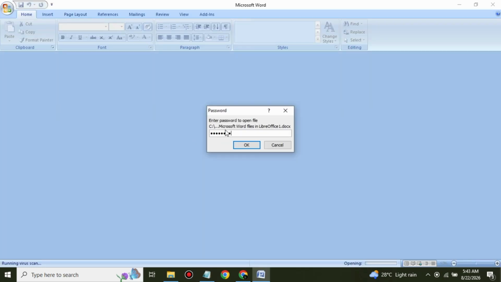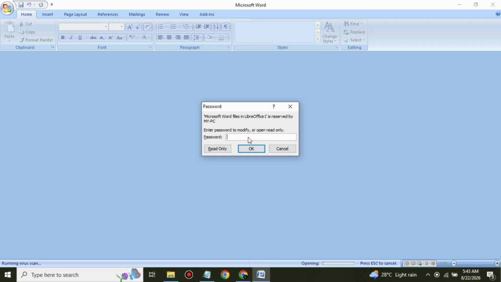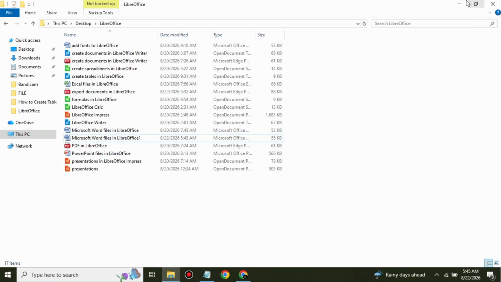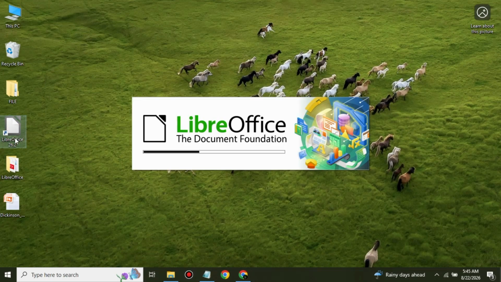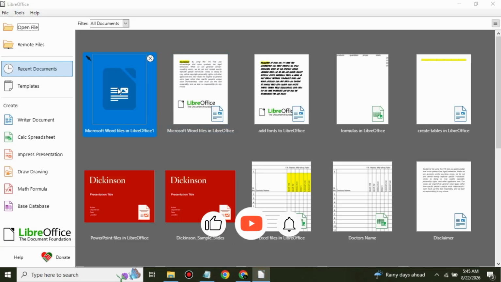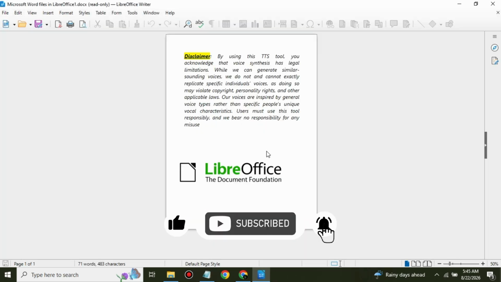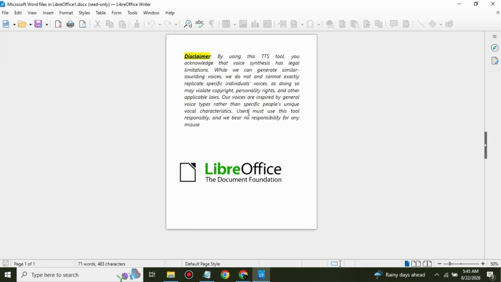And that's how to password protect files in LibreOffice. Open your document, use Save As, enable password protection, create a strong password, save the file, and test it by opening the document again. Password protection is especially useful for sensitive documents, spreadsheets, and presentations that you don't want